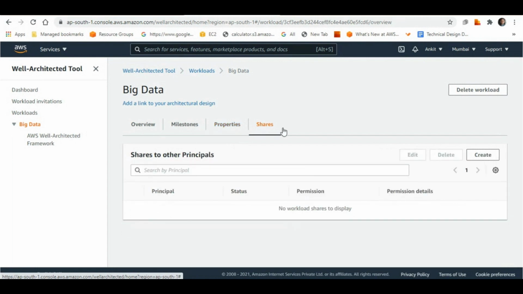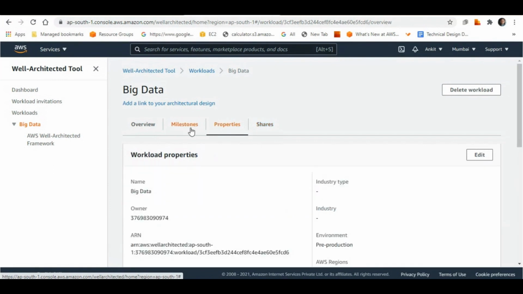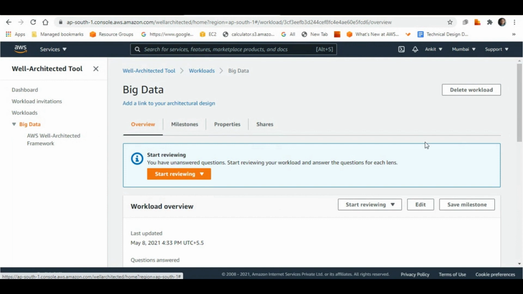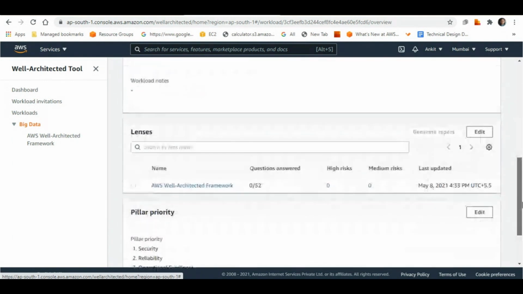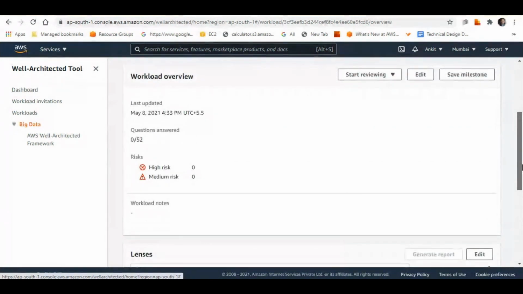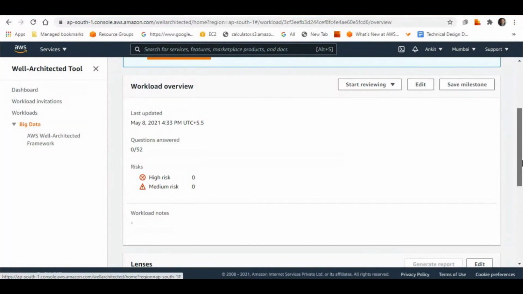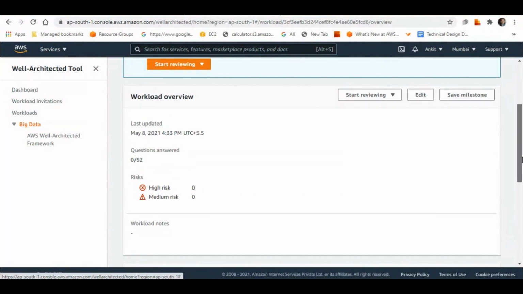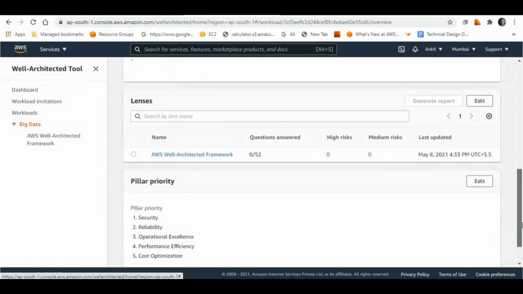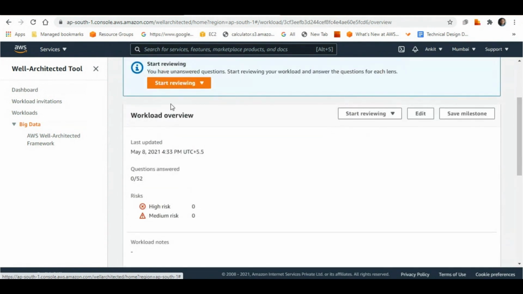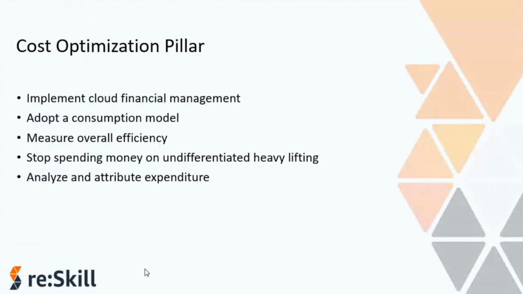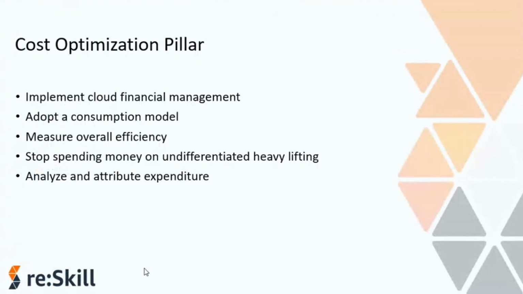We have a feature to share this workload. So currently you are doing the workload review in this account. You can share this workload with any other account. So this kind of feature is there, and using this well-architected review, you'll be able to see how many high-risk items are there in your account or how many medium-risk items are there based on these five pillars, right? So with that, we have covered today the AWS well-architected framework,